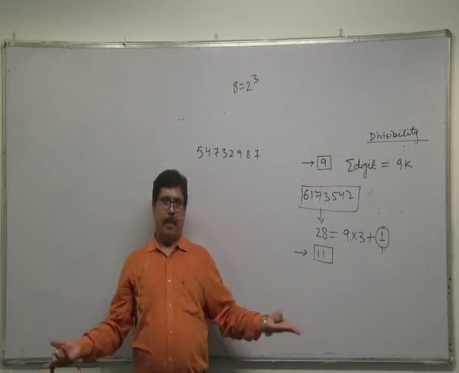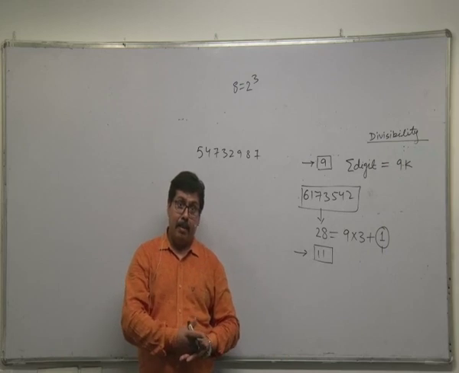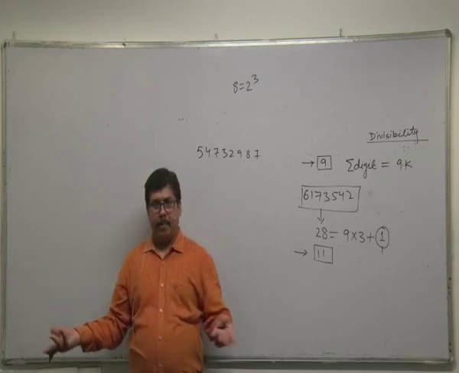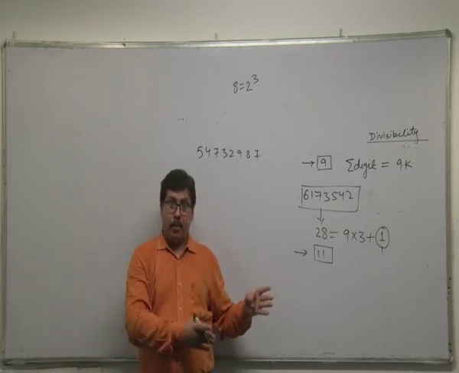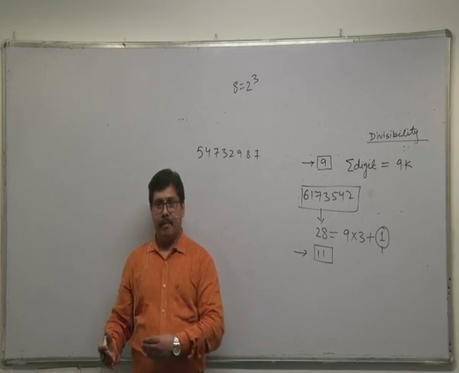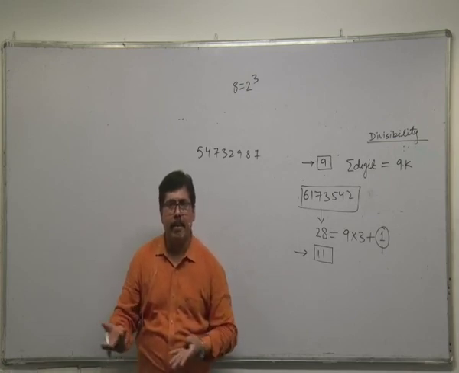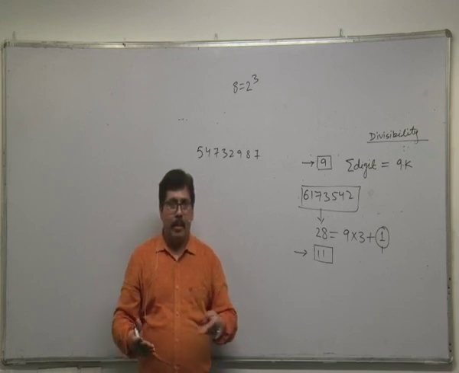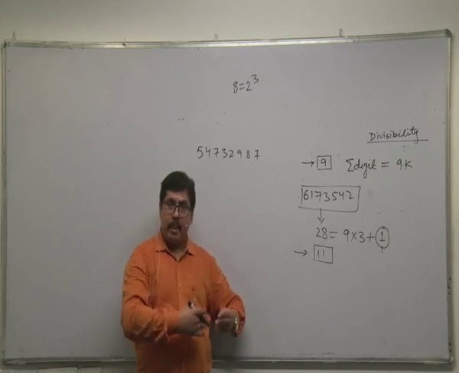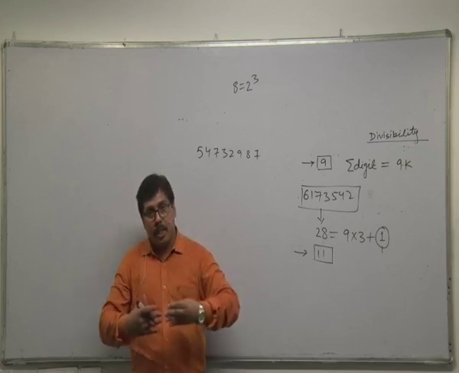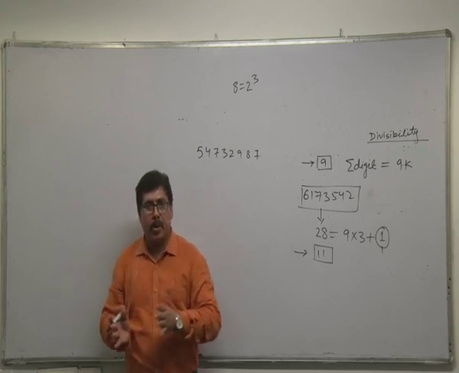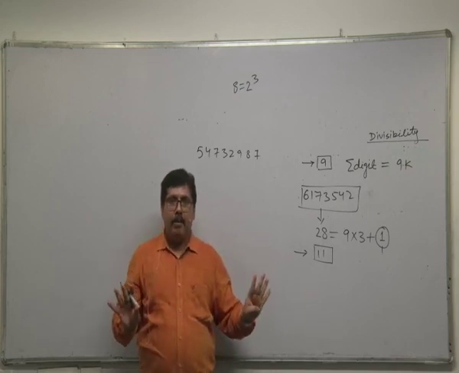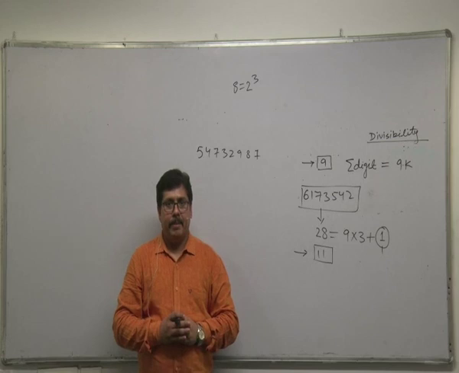If it is 0, then it is a multiple of 11. If it is minus 11, then it is again a multiple of 11. If it is 11 or a multiple of 11, then it is a multiple of 11. But on the other hand, suppose we get a number like 16 or 15. What is their significance? Is there any meaning of these differences? Yes. We can cross check whether the number is a multiple of 11 or not. Second, we can easily figure out the remainder when the number is divided by 11.